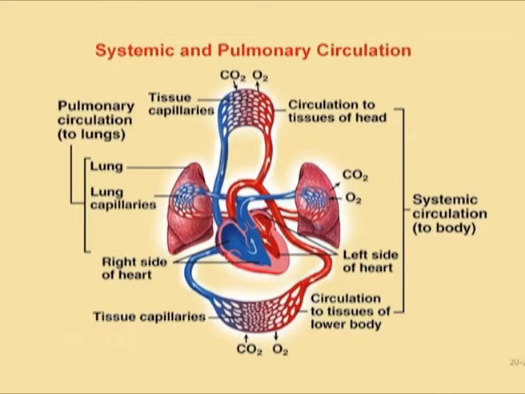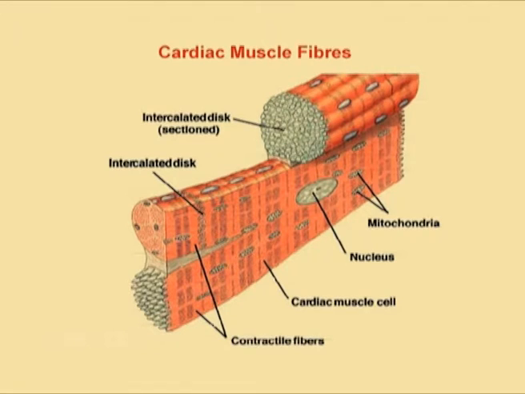So my dear friends, after having known about the structure of heart, now we go into its details of the functionalities. Now if you look at the function of heart, the most important structure that is associated with its function are the cardiac muscle fibers. Cardiac muscle fibers are the specialized muscle fibers which are present in the heart. They are different from the striated muscle fibers. They are striated all right, but then there is a difference in their structural composition.